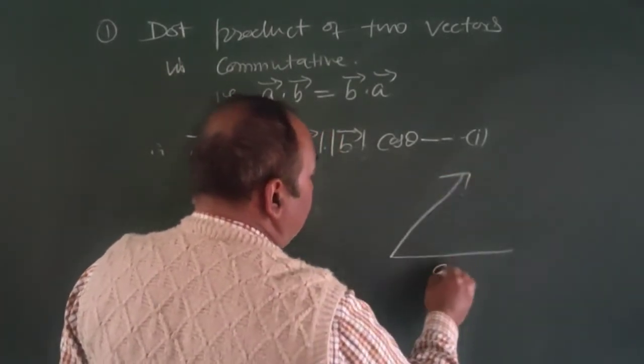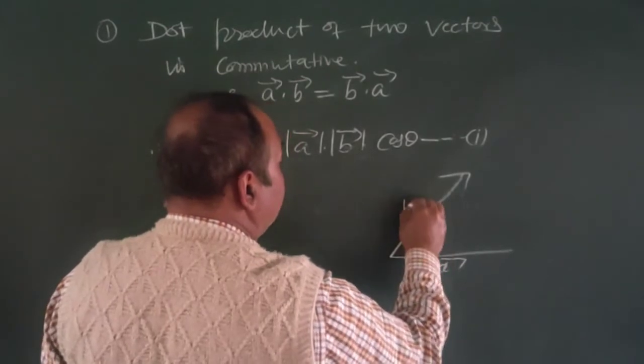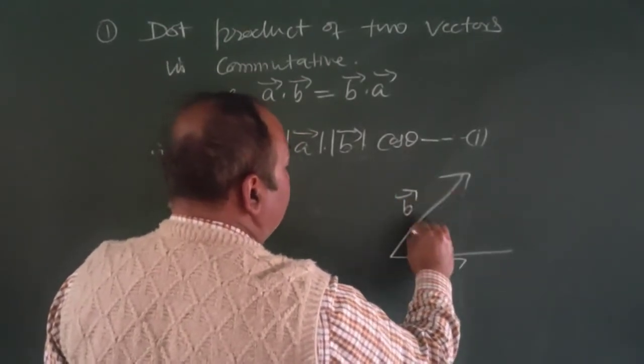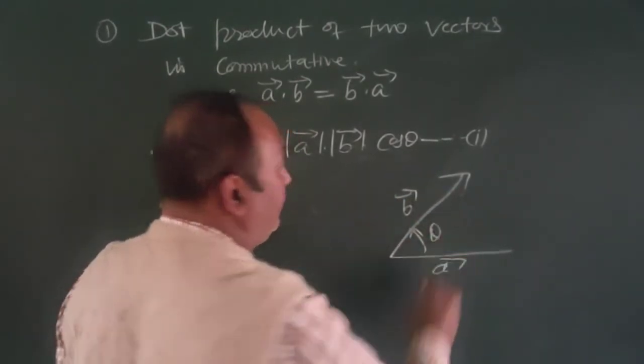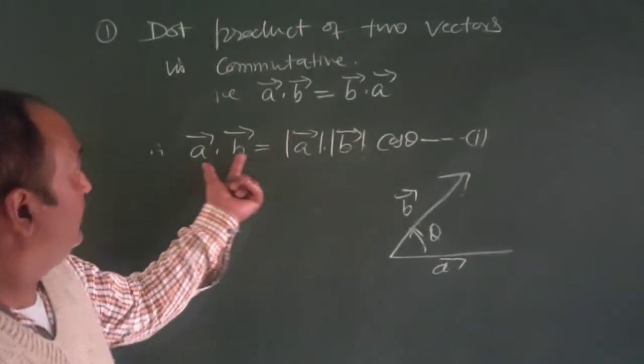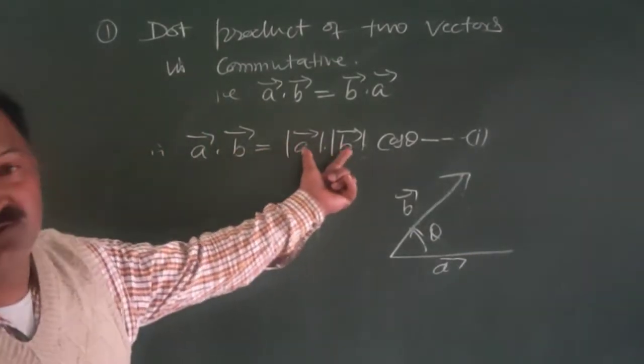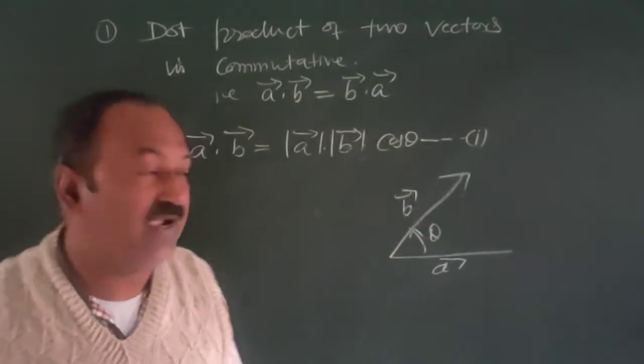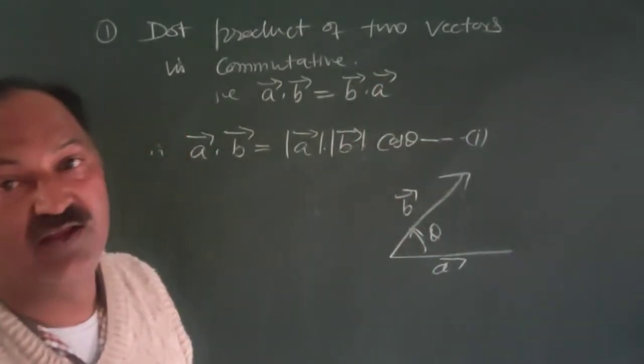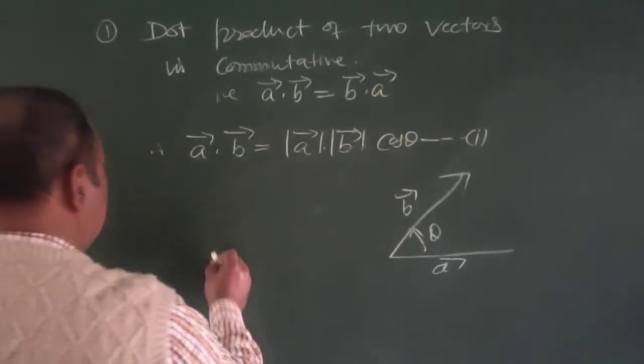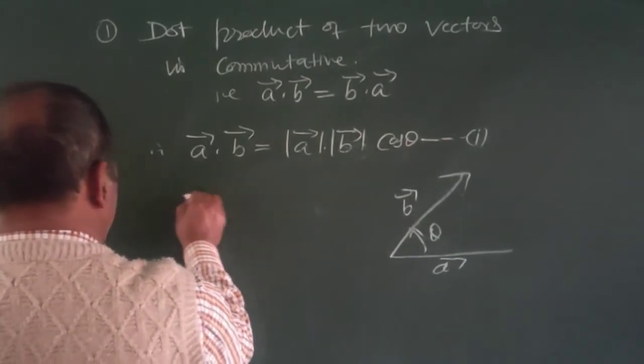This is A vector, this is B vector, and this is angle between them, theta. Hence A vector dot B vector is equal to A vector magnitude into B vector magnitude into cos of theta. Now let us find the value of B vector dot A vector